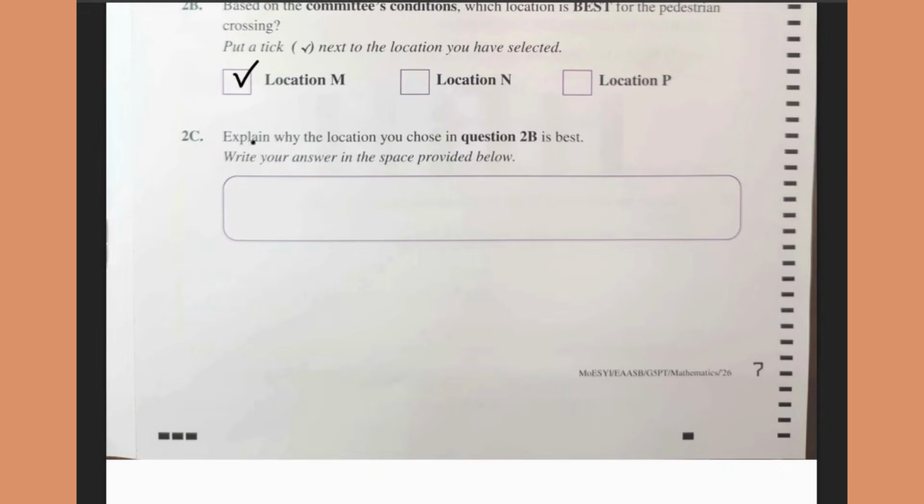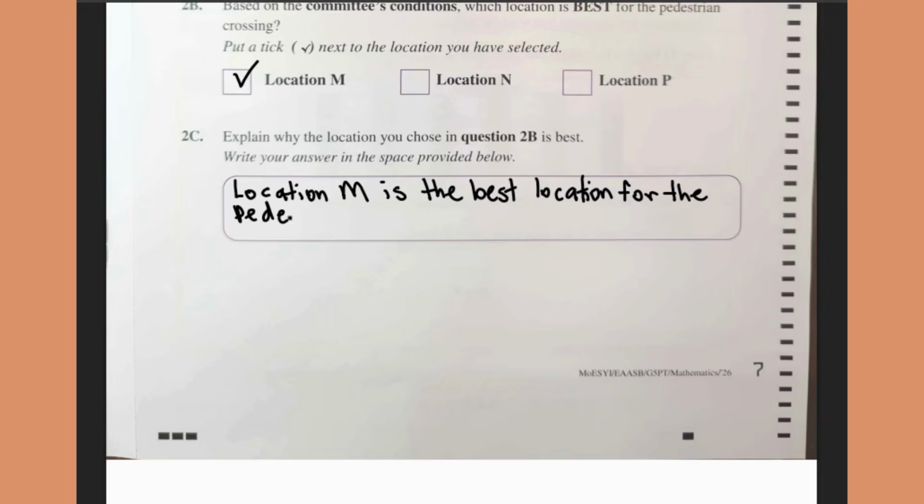Now 2C says, explain why the location you chose in question 2B is best. Write your answer in the space provided below. So we're going to say that location M is the best. We're going to answer in a full sentence. Is the best location for the pedestrian crossing because